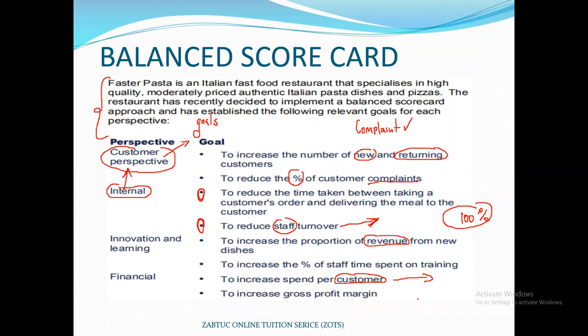You want also customers who take a bit of a starter, they go into the main meal, and afterwards they take some sweet course of some kind, and in between also there's a fair spend on the drinks. So that is a relevant financial measure for this type of a business. Remember, we're making reference to this type of a business. So these must be relevant to the type of a business